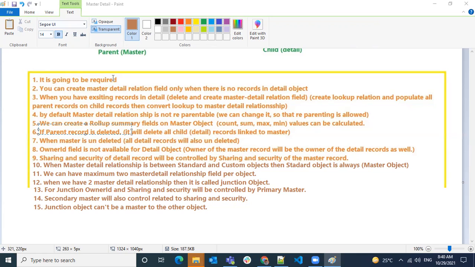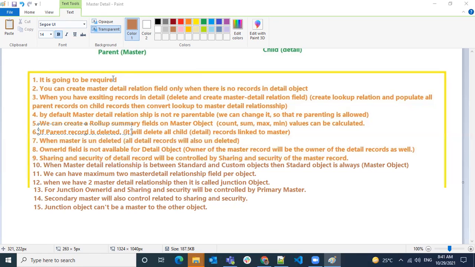When the parent is deleted, nothing happens to the child record. Where we use a parent record, only the relationship field, right? In the lookup, we'll select that parent record. If you delete the parent record, that field, whatever the lookup relationship you have, only that will become blank. That's it. The record will remain as is. So if the record is not deleting, there is no point of undeleting, right?